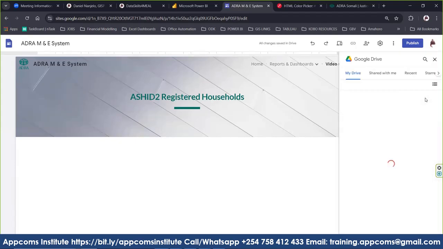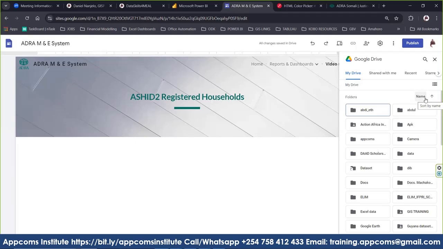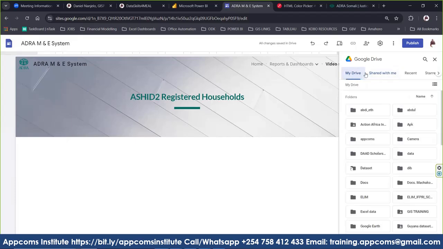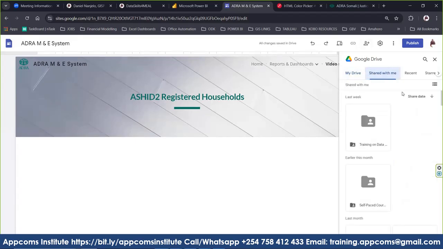Make sure this site has a site owner that is a Gmail address or the email address that was used to set up this site. Now, you can go under shared, or you can go directly into your drive. It's already uploaded if you are the one who uploaded it. For my case, I've shared here, and then